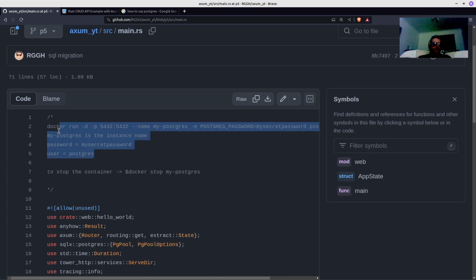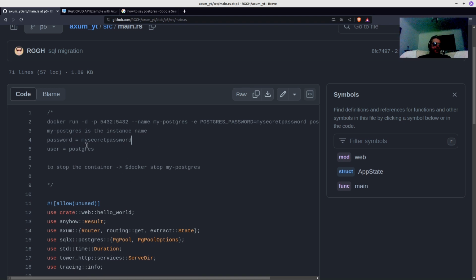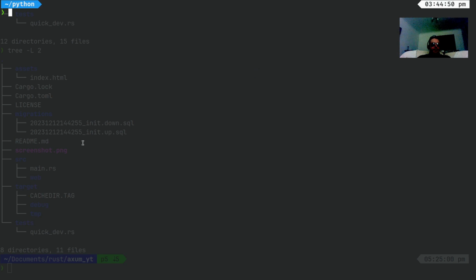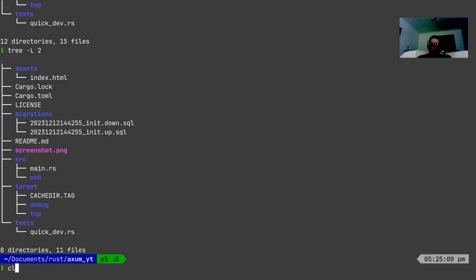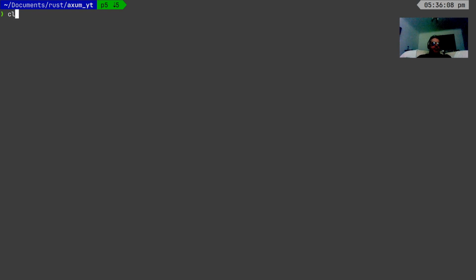And I've put the notes in there for starting up Docker. So for the Docker image, you need to install Docker on your machine, and then you just do docker pull postgres, I think it is. And at the moment it's running version 14, and you just saw I did get that error message about